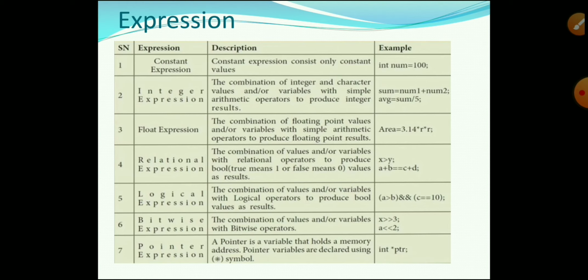For example, area. Find the area of the circle, area of the triangle, area of the square. In mathematics, we find the area as pi r square. Pi already has a default constant value of 3.14, then r into r. We have to give the radius value and multiply it with that pi value.